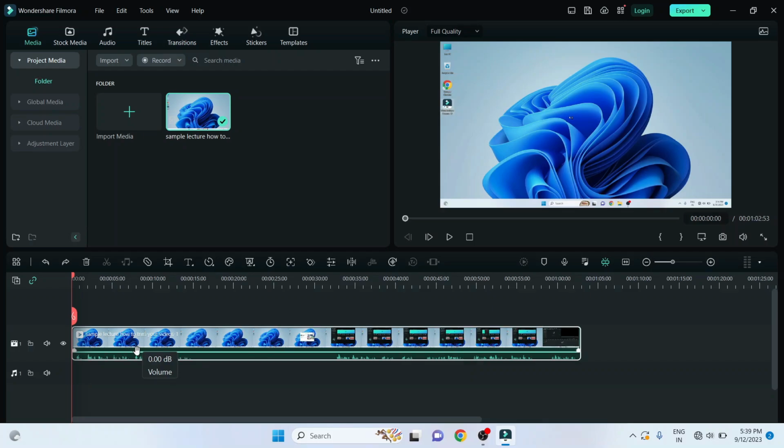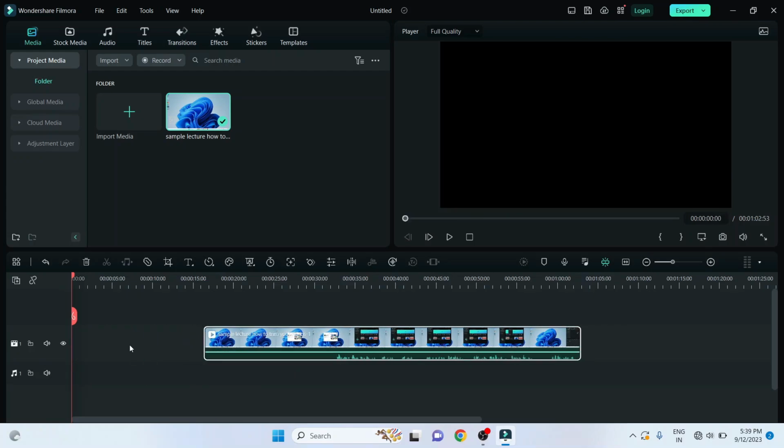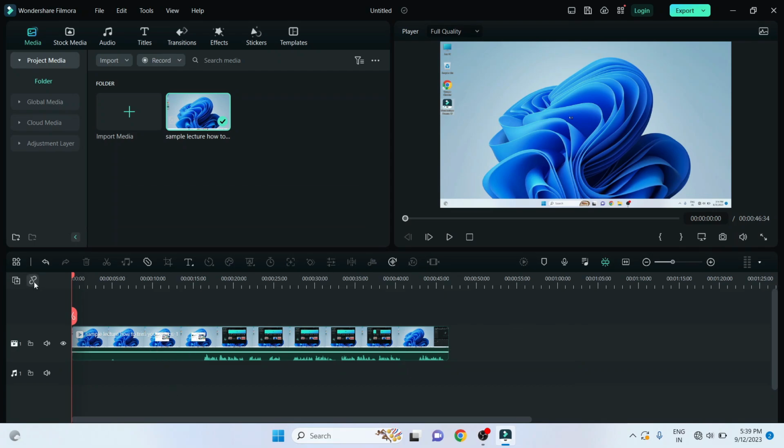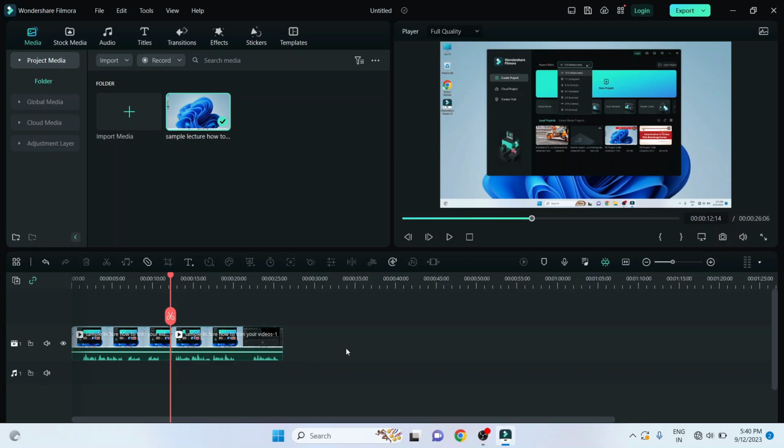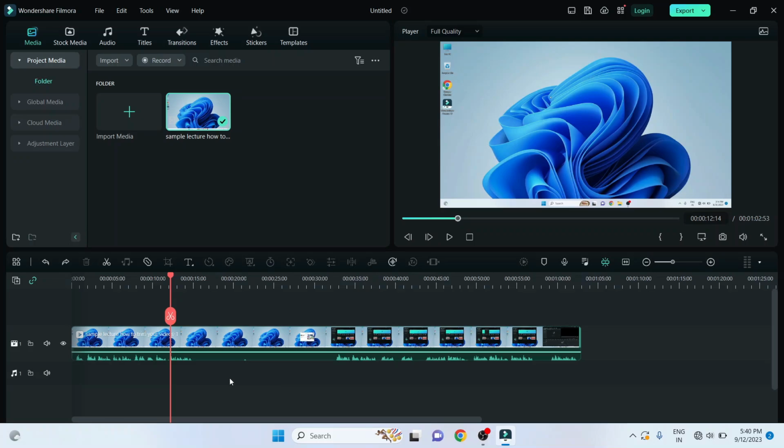So why is that? If I turn this off and remove this part, then a gap will be there, because we have turned off the auto ripple. So make sure before editing your video, this auto ripple should be on. Or you can simply remove this part by pressing the keyboard button delete. You have to turn this on, and after editing you can do all the things, like I am removing this part and this part. So the videos will be automatically placed with the auto ripple option. Let's undo all the things.